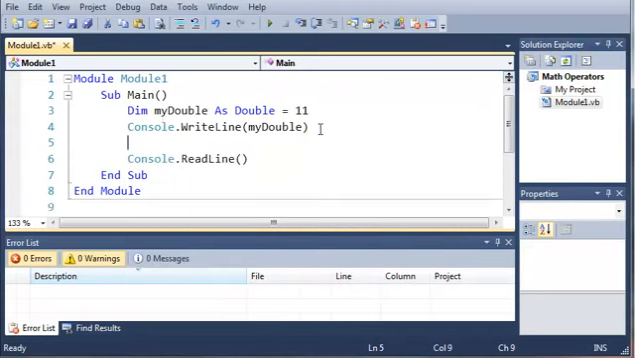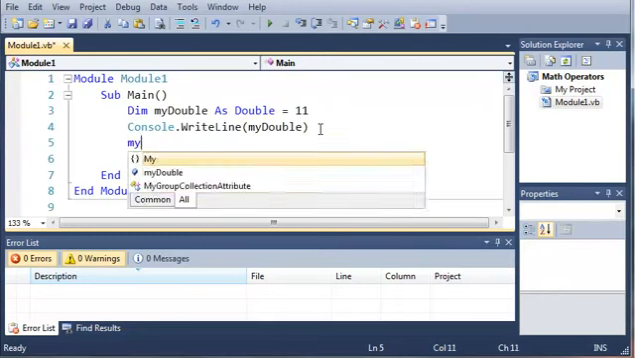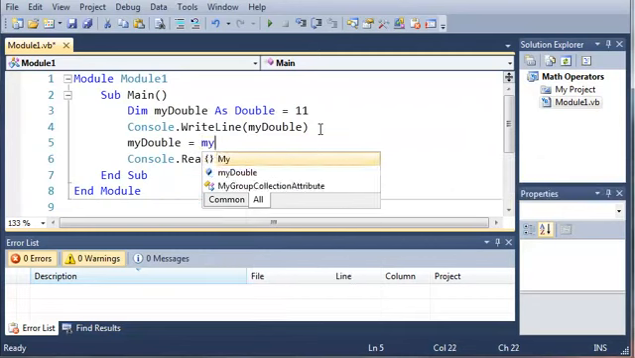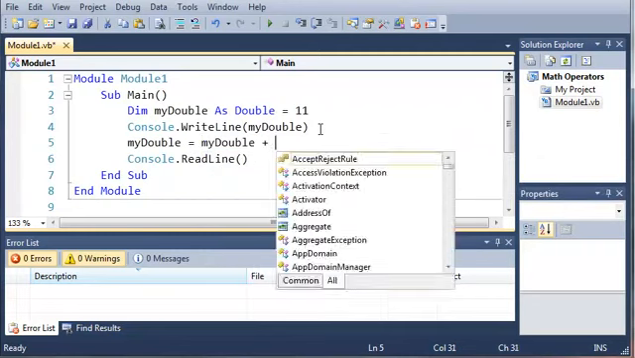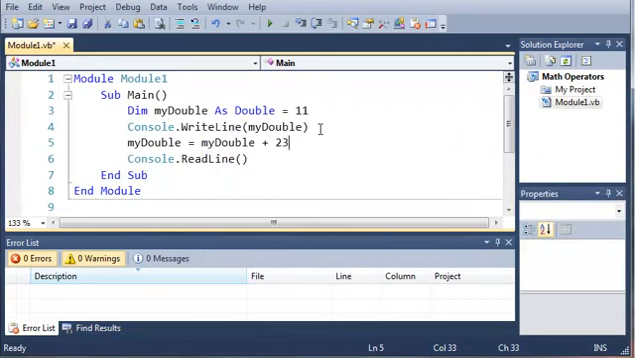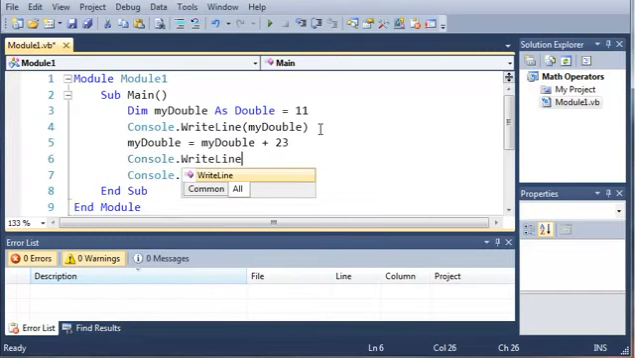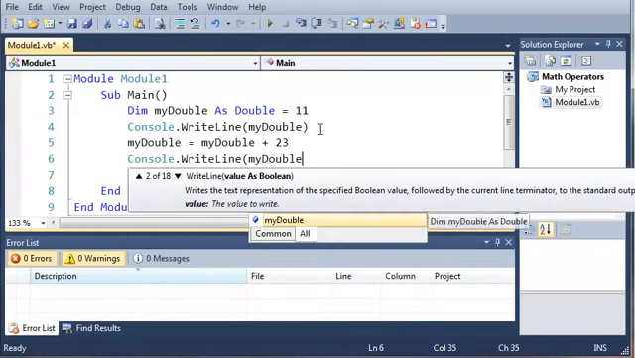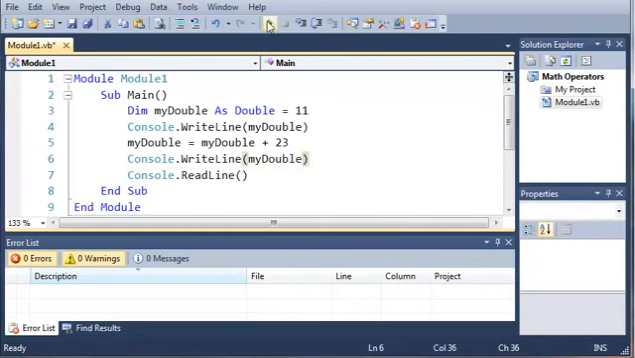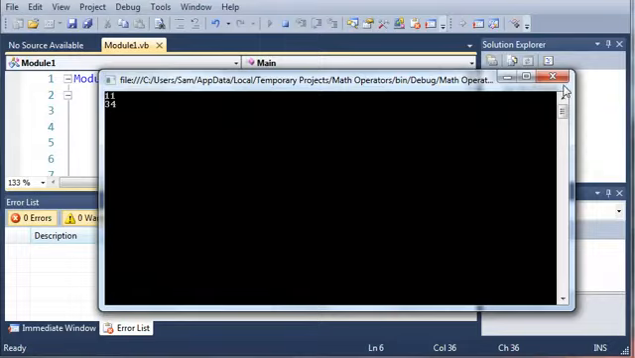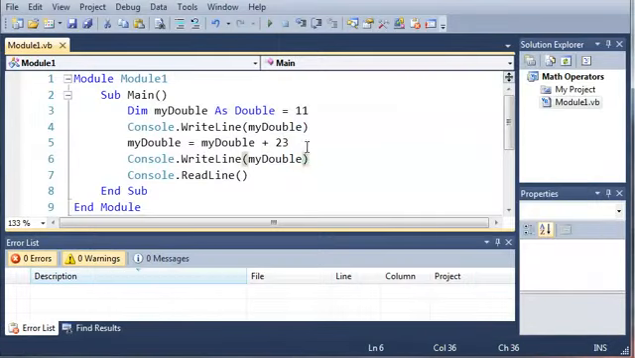Now if we come down here and change the value of myDouble, we'll do myDouble equals myDouble plus 23. Then we'll do Console.WriteLine myDouble. Now if we run this, we're going to get the values 11 and 34. But if we just take this line out right here,